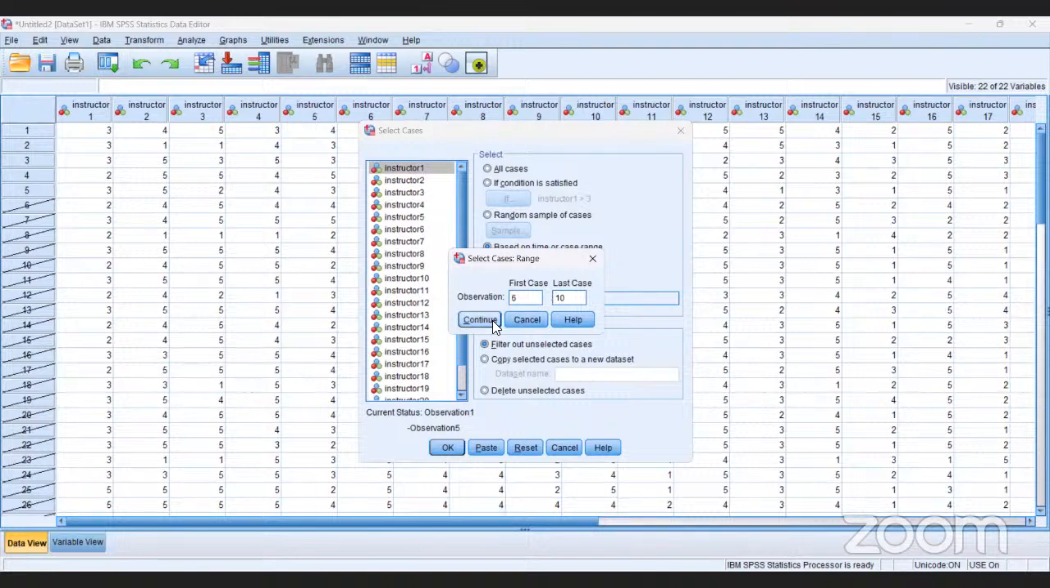Sir, kindly keep it 11. 6 to 11, please. 6, 7, 8, 9, 10. Now 5 items are there. If I write down 11, then another 6 items will be there, right? Therefore, continue. And if I click OK,